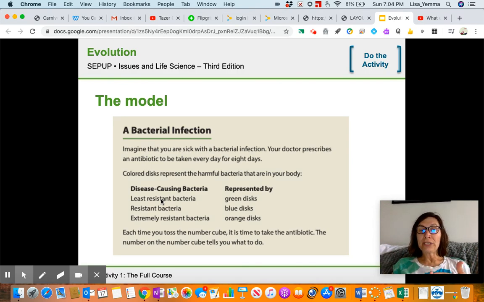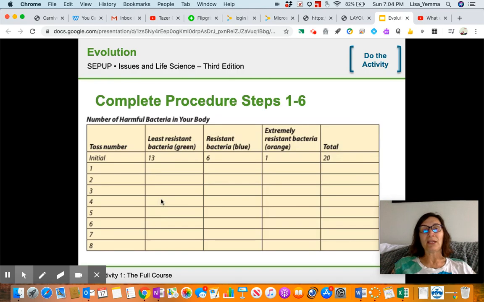So there's green, blue, and orange. You're going to get a die, a number cube, and each time you toss the number cube, it's time to take the antibiotic, and then the number cube will tell you what to do. And I'll show you that setup in a minute. So real quick,